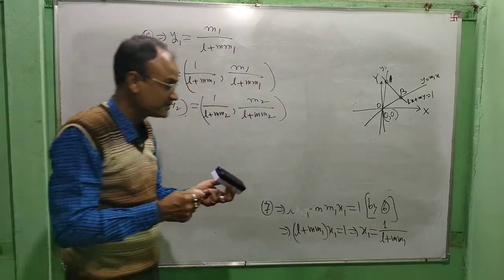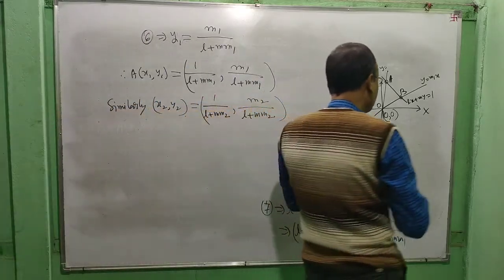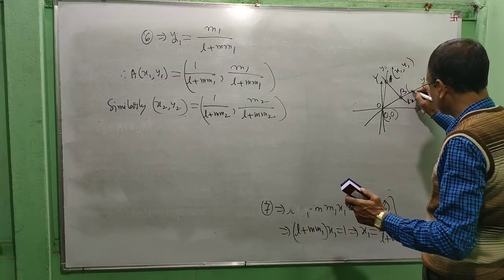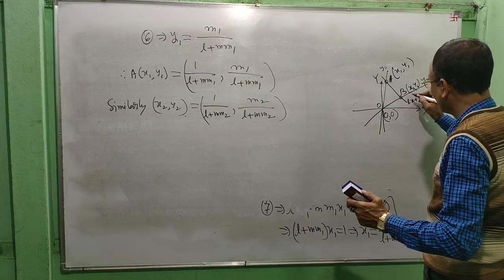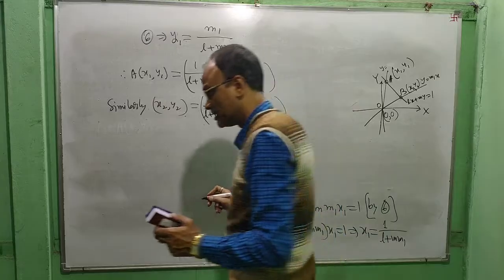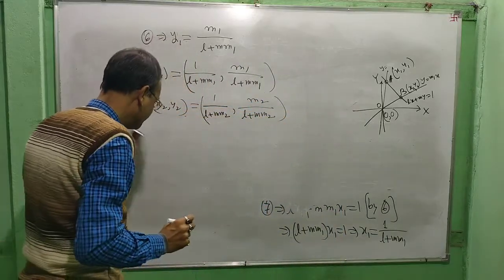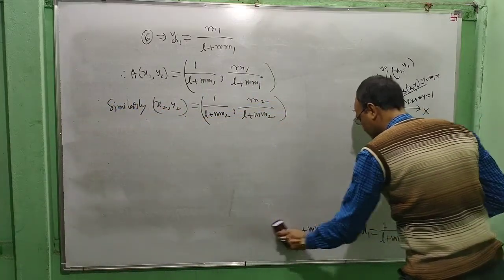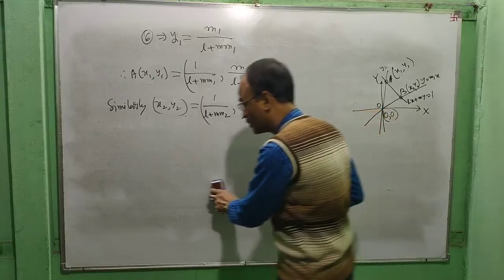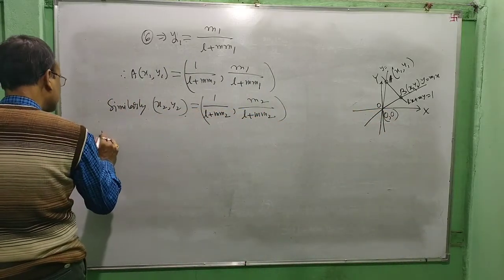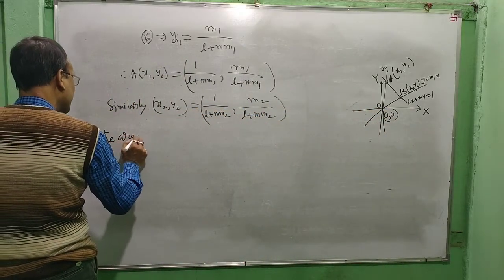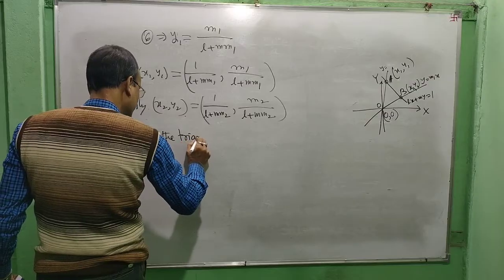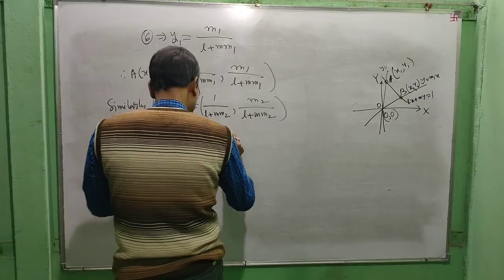Now, we have got the points of intersection: x1, y1, and here x2, y2. We have got all the 3 points, the coordinates of the 3 points O, A and B. Therefore, the area of the triangle OAB